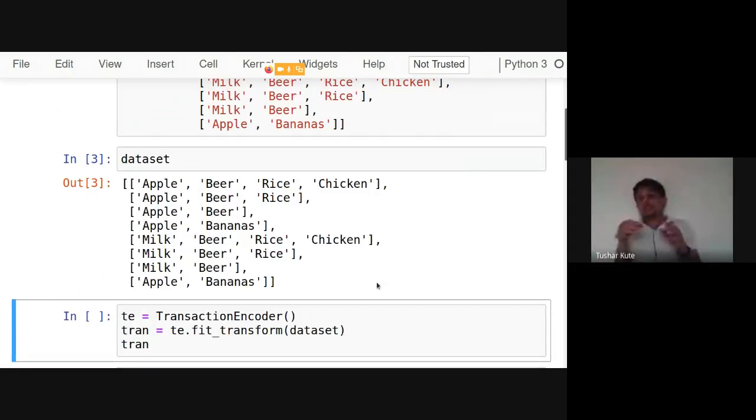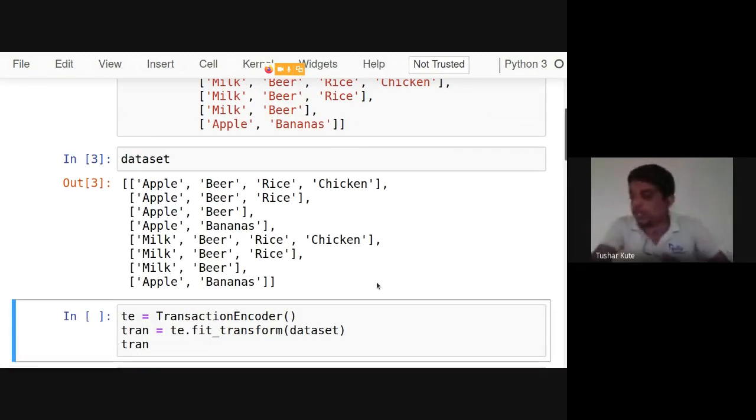This random transaction data will be converted into structured data, so that finding the frequent item sets becomes easy for us. Now, how easy is that? That's what we have to know. Going line by line will be difficult, but column by column will be easy because columns will be fewer than rows. Maybe 100 items are there, so 100 columns will be there. But if there are 1000 transactions, 10,000, 20,000, any number of transactions is possible, the number of columns will remain the same.